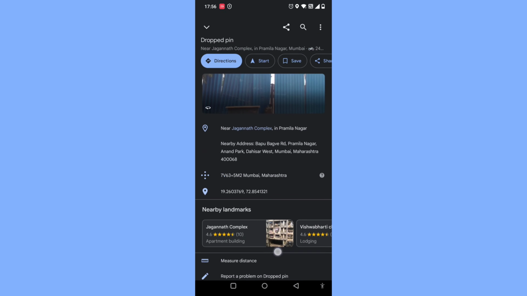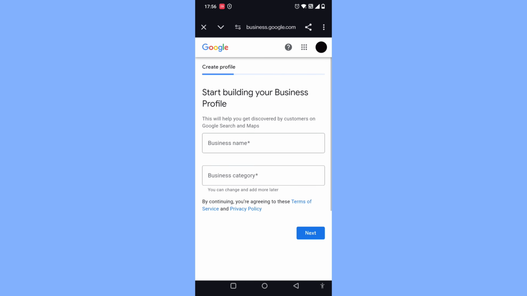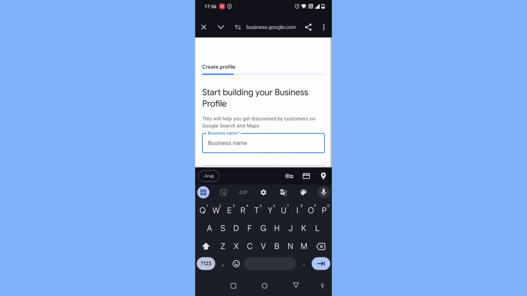Once you search it, this will show up. You have to just scroll down and here you will find an option of add your business to Maps for free. Once you click on that, it will take you to this link where you have to put your business name